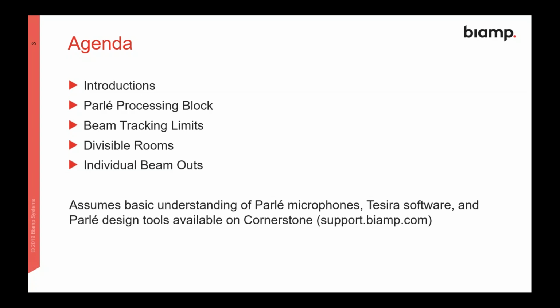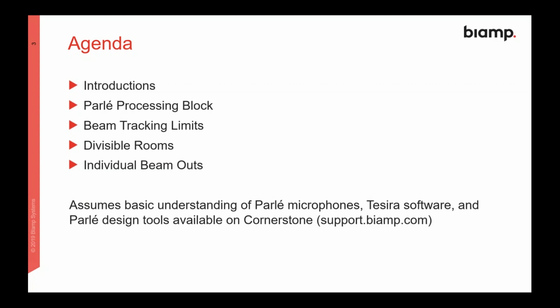We're also going to talk a little bit about tracking limits. So with the Parle microphones, we can now restrict tracking to certain areas. And I want to go into the special use case of divisible rooms because that one tends to be a little bit confusing and requires some additional work. And we're going to talk about the new feature of giving individual beam outs from each Parle microphone. So there are a few applications for that, and I will show you how to do that. And we're also taking a look at